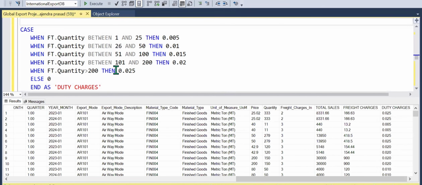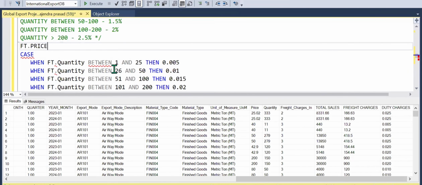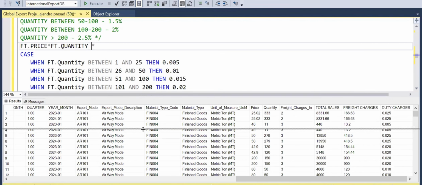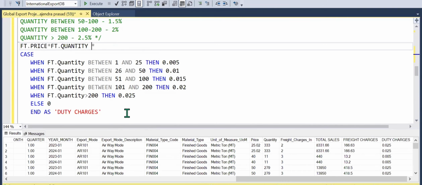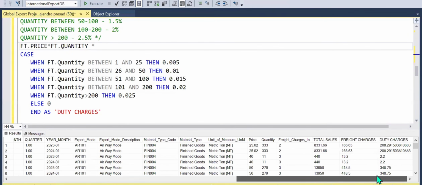I can directly multiply ft dot price multiplied by ft dot quantity, then give the symbol star for multiplying the total sales with duty charges. Let me click on execute. Okay, we got